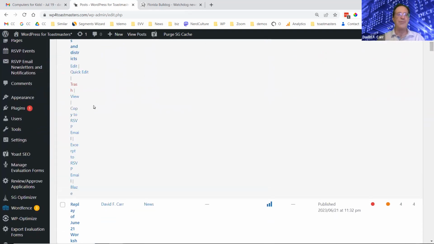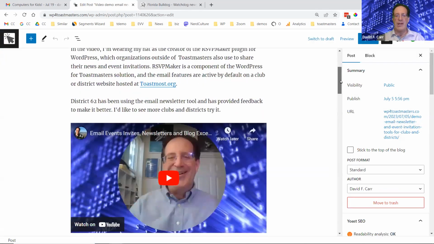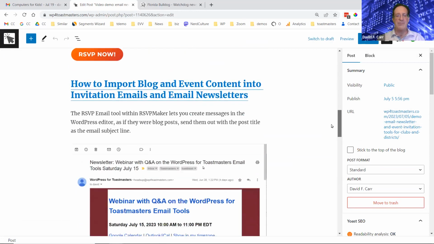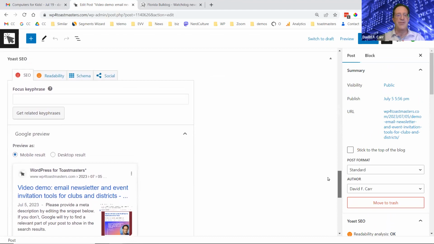But if I go in here to edit, let's see. And I scroll down to the bottom of the blog post. This is the Yoast SEO section. And actually you can see that it has this frowny face icon here that tells me that I have not spent a lot of time trying to optimize this one. I have for some others.